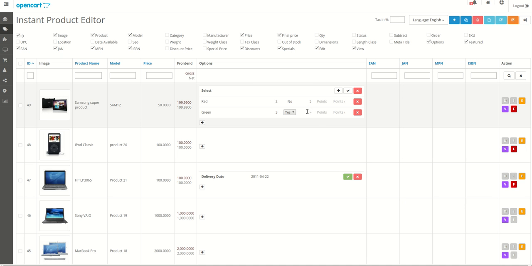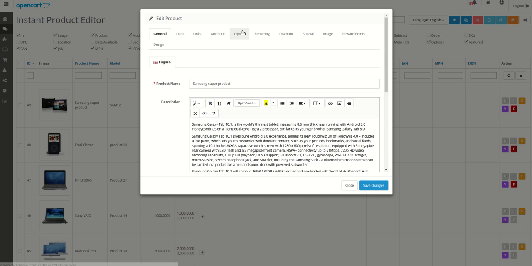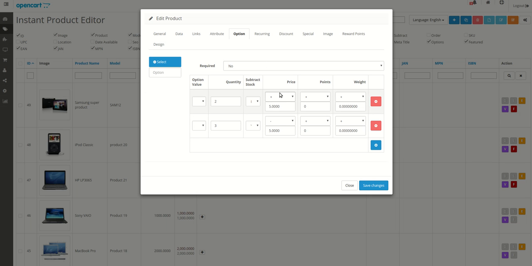If you type minus 5, this means the price will change by minus 5. The same applies for points and weight change. I need to change this anyway. So here in the options I will show you that this one here is plus 5, this one here is minus 5,